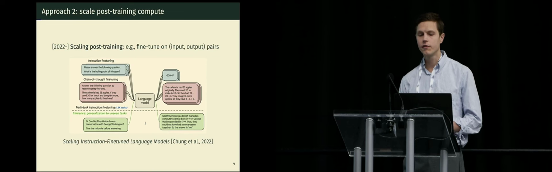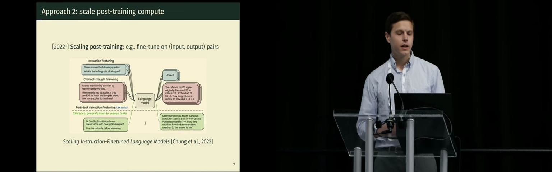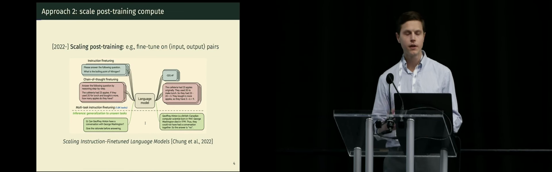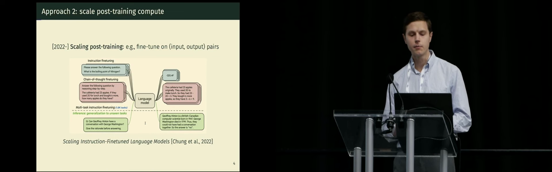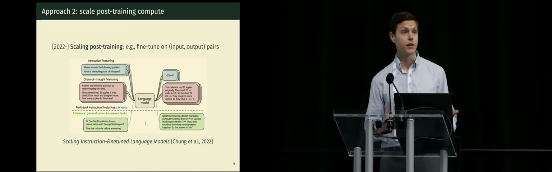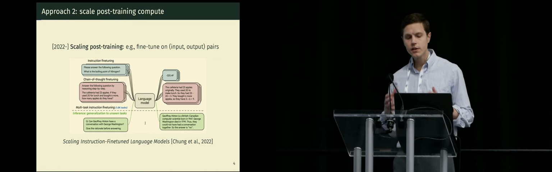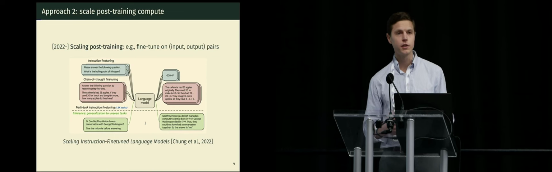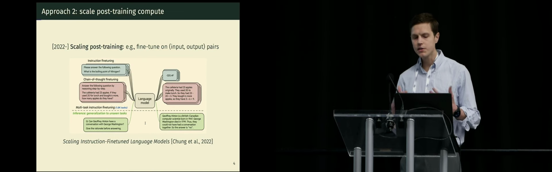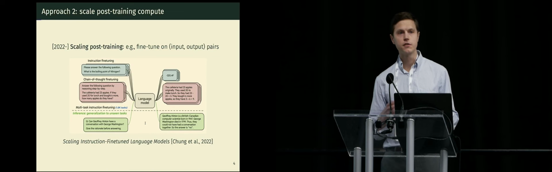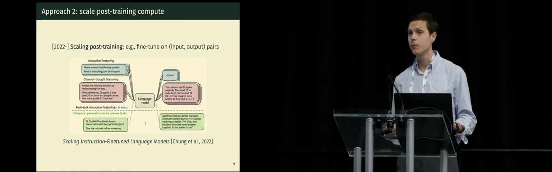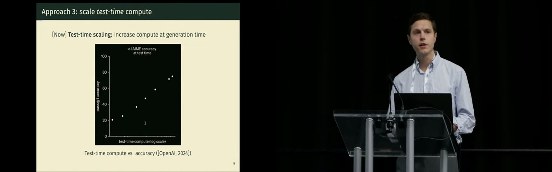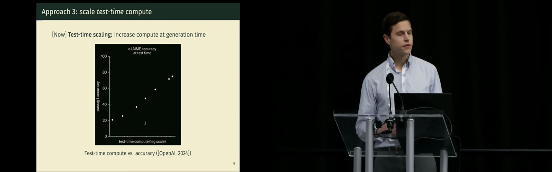So there's been a second wave focused on what's called post-training. Here's an example where you, for instance, collect as many input-output pairs as you can, and then you fine-tune the language model on them, and it can do better at these tasks and even generalize to some new ones. This has led to these incredibly flexible, incredibly useful assistants that many of you may have used. But similarly, at least so far, this hasn't proven sufficient for all of the tasks that people want to use language models for. And so currently, the field is undergoing a kind of third shift, and it's focused on test